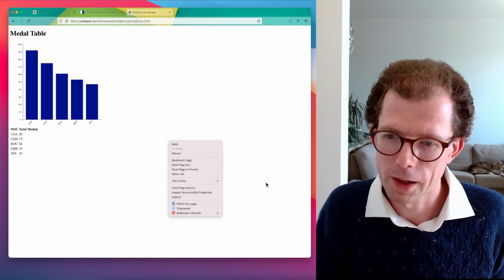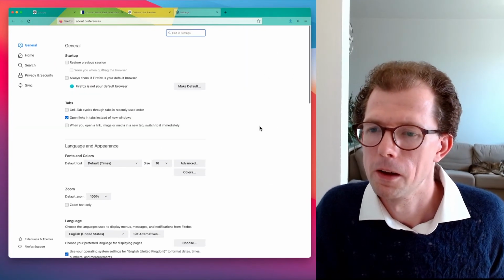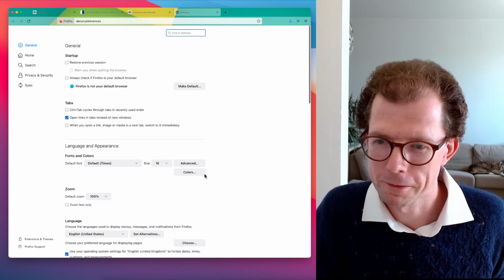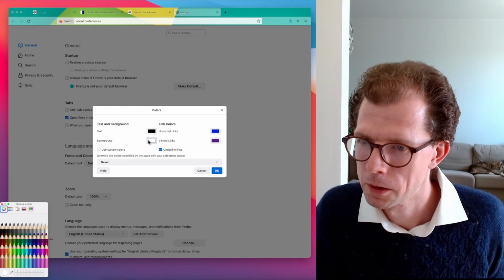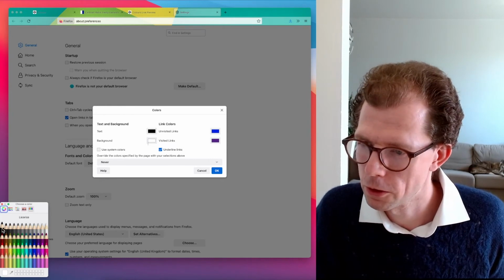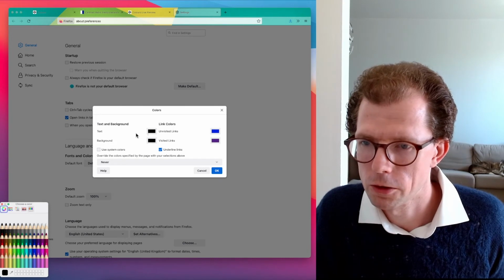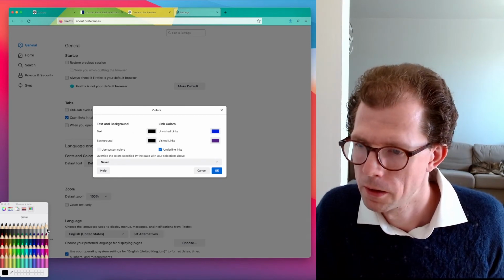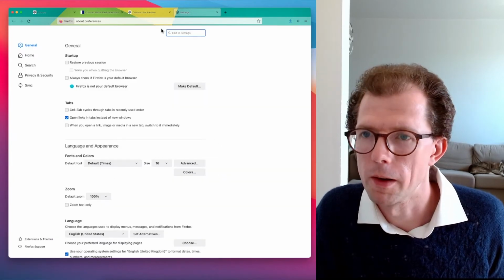So let's head to browser settings. I'm doing this in Firefox. Most browsers have very similar settings. So in colors, we can pick a background, and it's currently white. Let's try the background in black. And then let's try the text in white. All right.